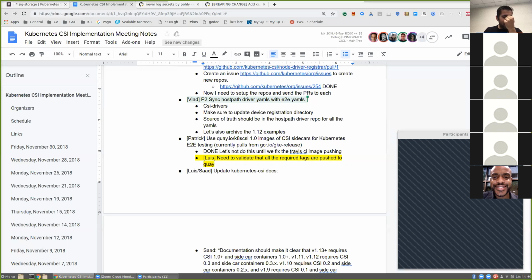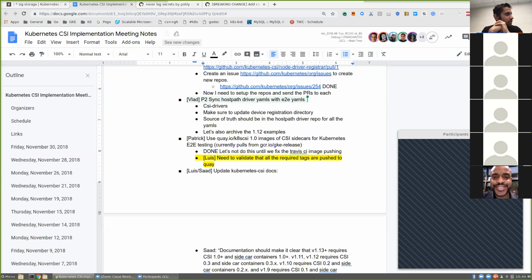So one thing I wanted to do there was, we have a longer term project to split up that drivers repo. We already have the new repos created for CSI driver host path, CSI driver iSCSI, and so on. But we never got around to actually doing the split. So now what I'm concerned about is if we make this change now to have the end-to-end test pick up from the drivers repo, we're going to have to make another change in the future when we do the split up.